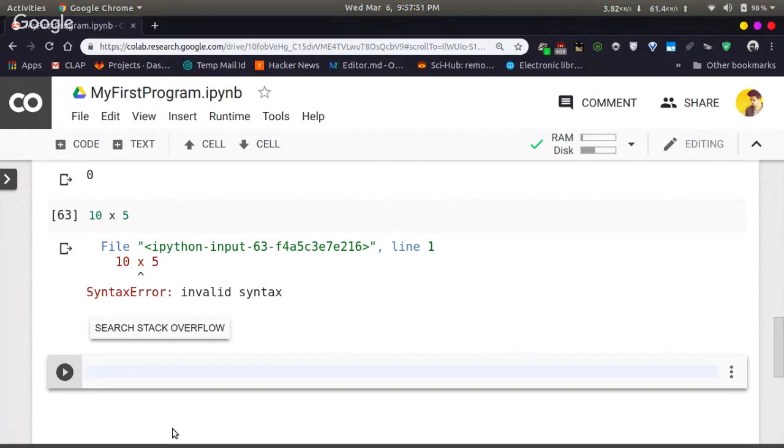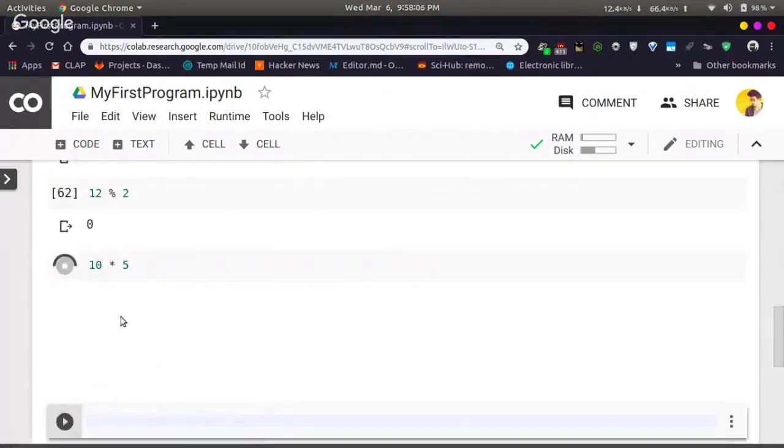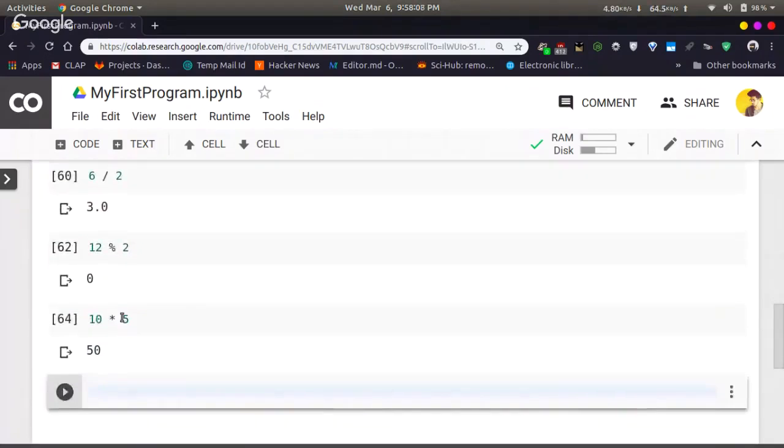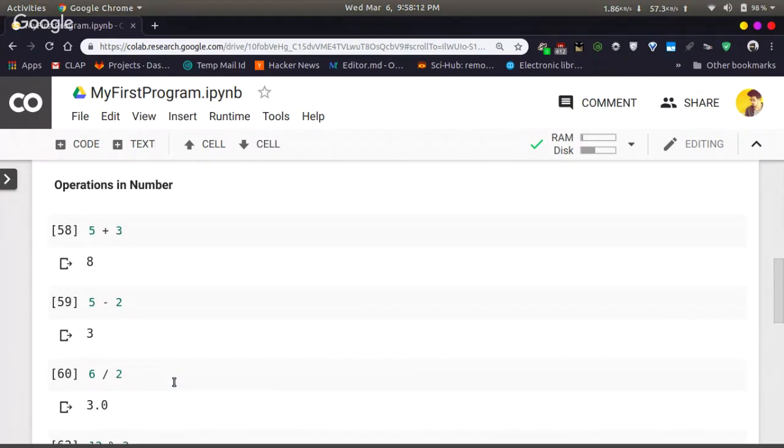But in order to do multiplication, we will have to use asterisk, that is star. 10 star 5 would actually perform 10 into 5. So 10 into 5 will give you 50. So this is how you do operations on numbers.